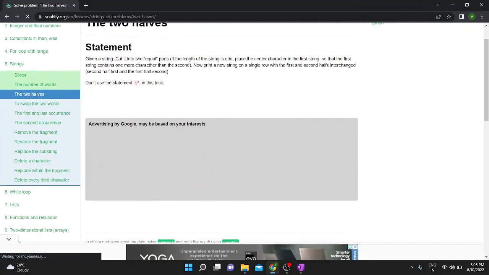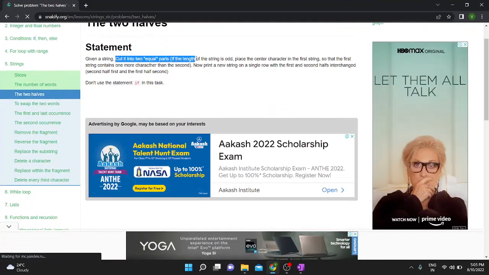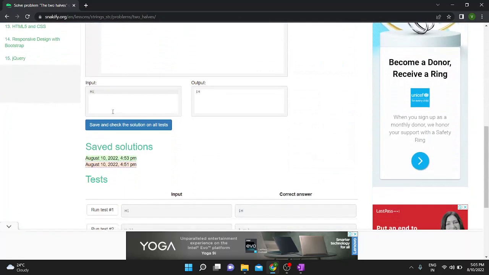We are given a string and we have to cut it into 2 equal parts. If the length of the string is odd, then place the center character in the first string. So see here, what is the problem statement given here? If this is my input and I have to reverse, first of all, I have to find its mid. So this is my even string, so I would simply